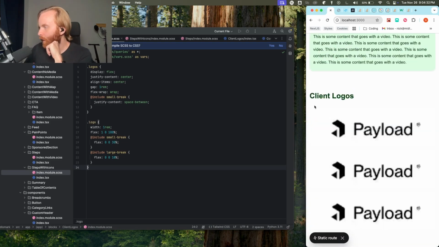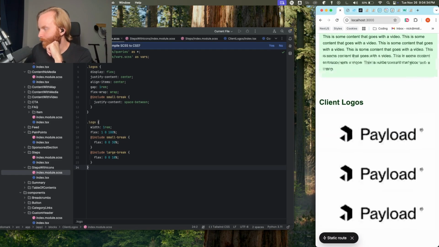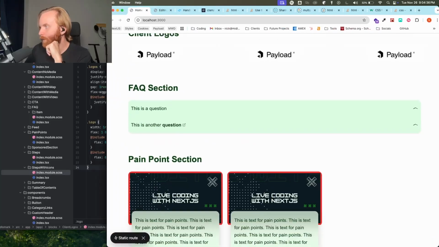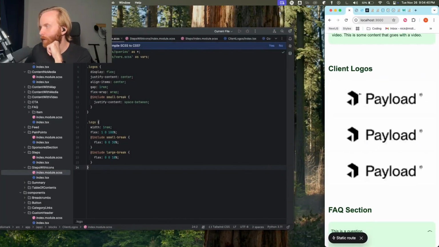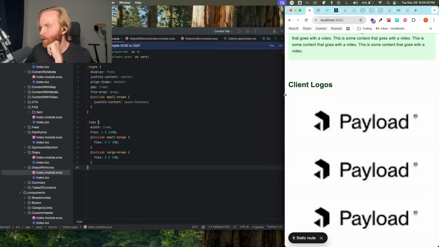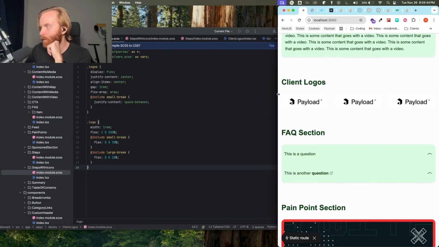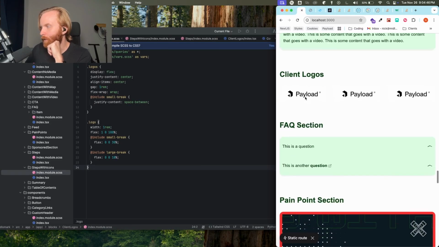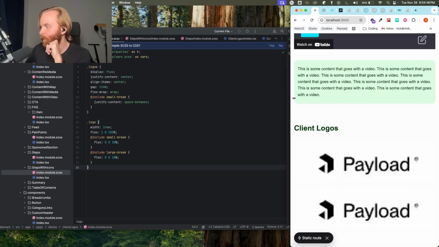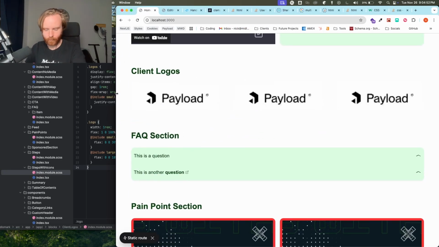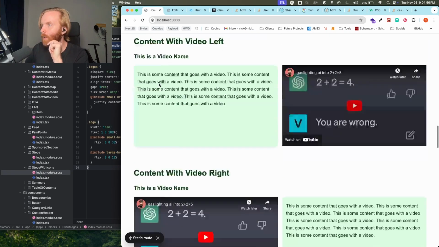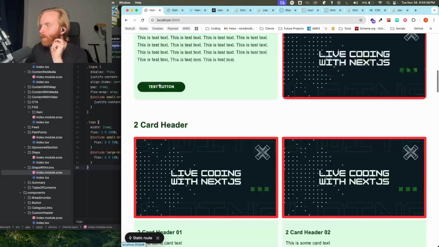So we have our client logos all done. Perfect. Yeah, that's the smallest it gets, isn't it? Yeah. Okay. All right, so that